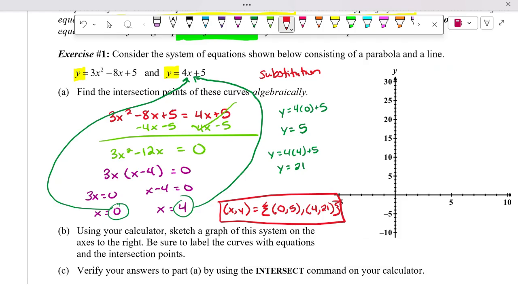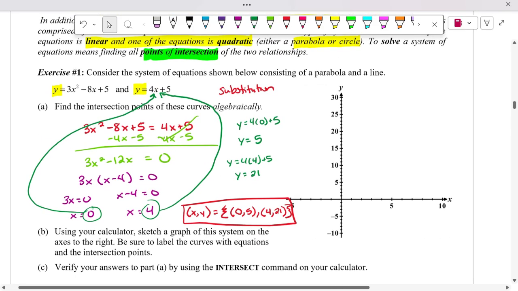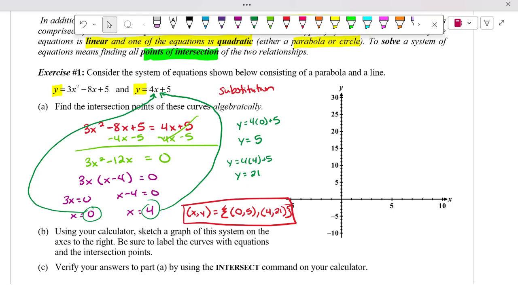So in other words, if we were to graph this, those would be our 2 points of intersection. All right, so let's try graphing these. What would my vertex be here? Or easier, what are some roots? What are my roots for the quadratic? 0 and 4, so here and here. How can I find my vertex? Or at the very least, the axis of symmetry. The axis of symmetry will probably be right here, halfway between 0 and 4, so at x equals 2. So that means the vertex has to be at 2 for x. So if I plug 2 back in,